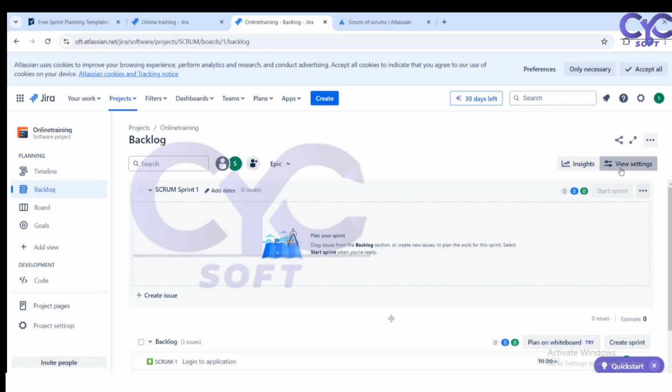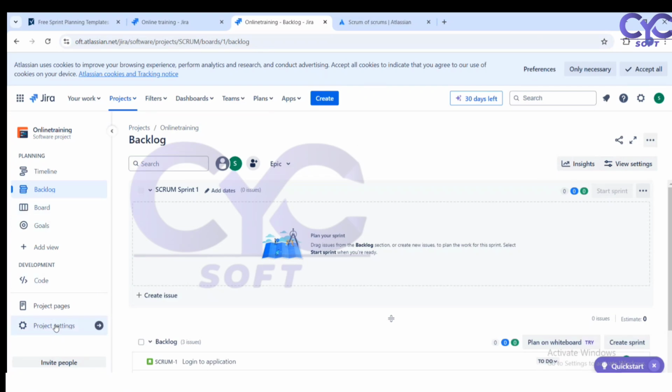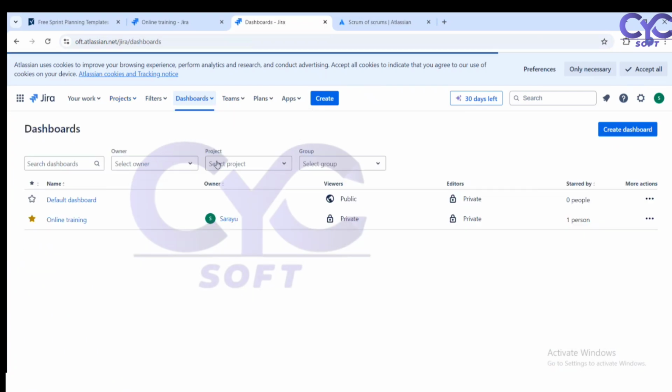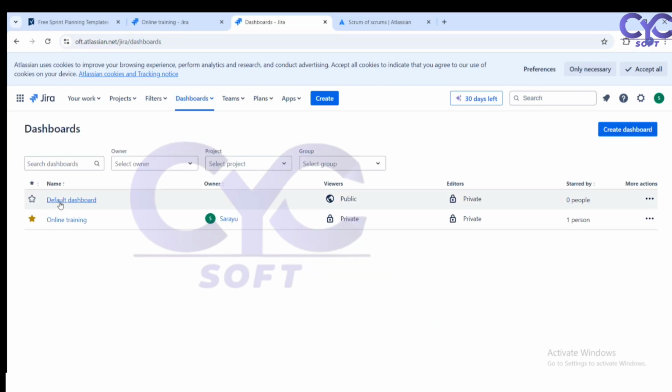View dashboard. So see here, view all dashboards. I'm able to view all the dashboards. Whatever dashboards I have, I can view all of them. If you want to create a dashboard, you can create a new dashboard also. So this is the default dashboard which I have assigned to one as an owner. If you want to change the name, you can change the name. You can